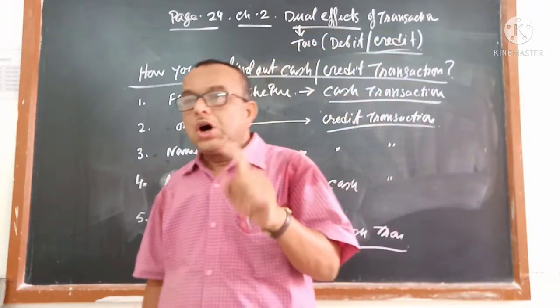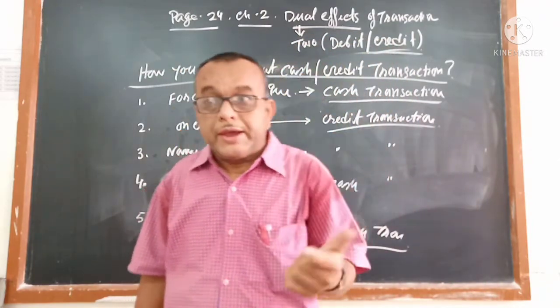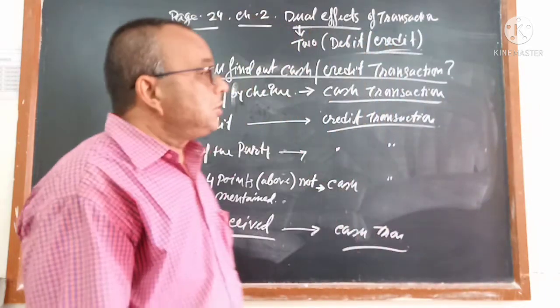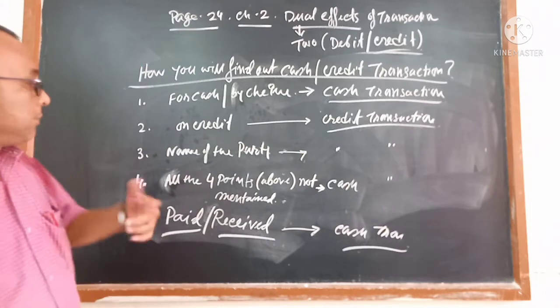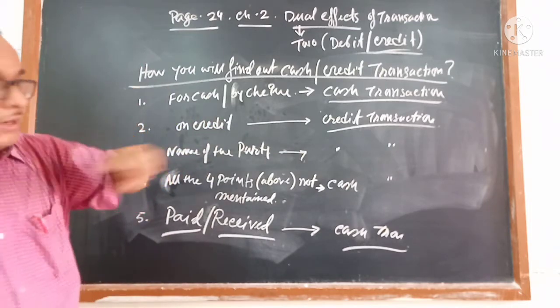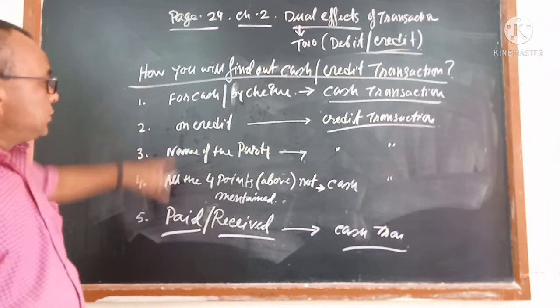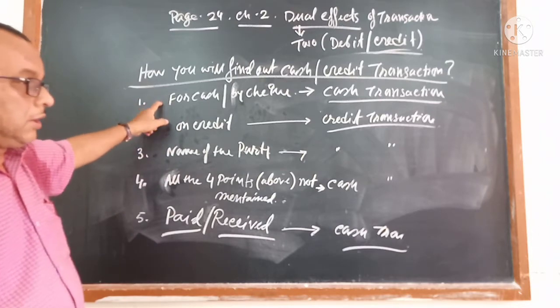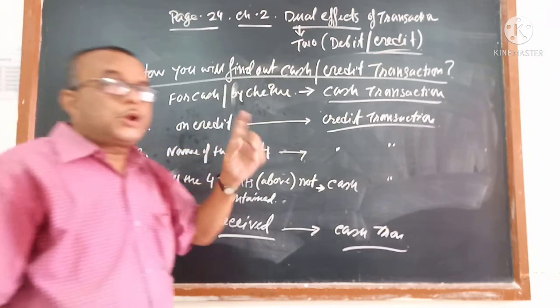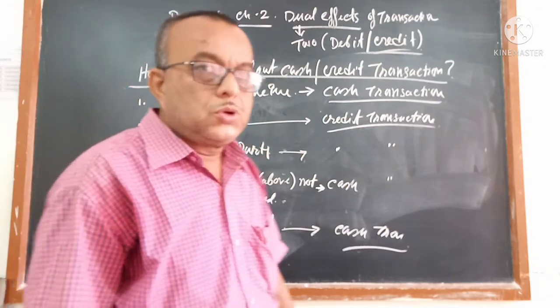Purchase goods of rupees 5,000 from Mr. X for cash. Now possibly it already arises in your mind that the party's name is also given, and for cash is also given. But you should consider this order. Once you are getting for cash anywhere, then you should not consider the second point. Most important point I want to tell you.